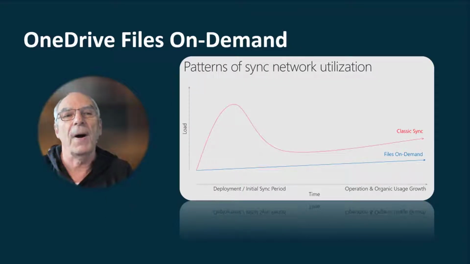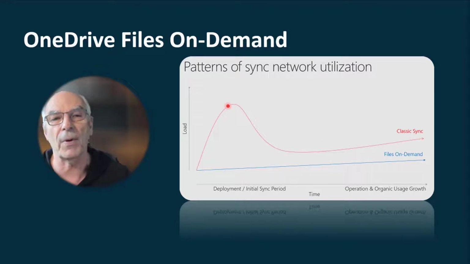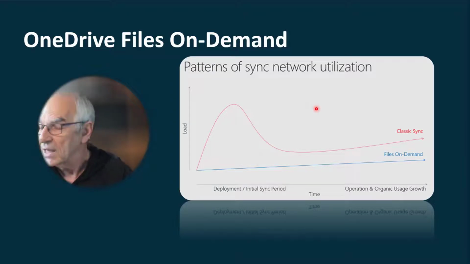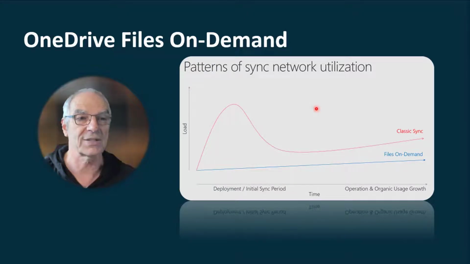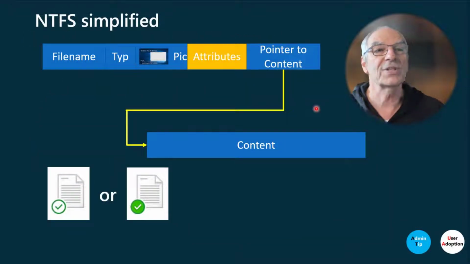So, you know, in the past they have some patterns, and you see that here, that's an old thing, that's a classic sync. And the classic sync takes all files with you. If you have files on demand, it takes a second one. It comes with Windows 10 1709, and instead it's available. So you can have some possibilities with group policies and so on, but that is not the matter we want to discuss now. So we're looking inside, and I have it here,